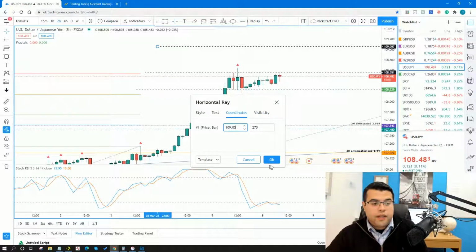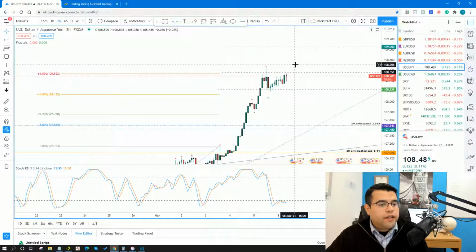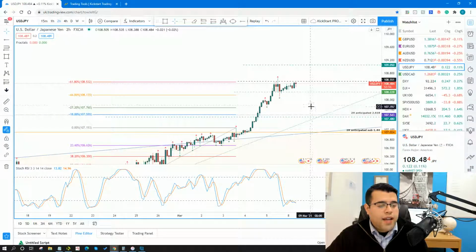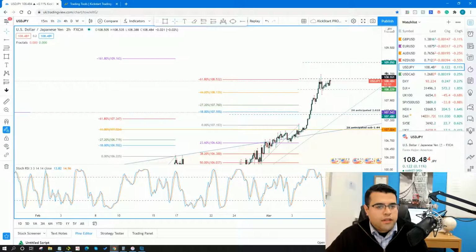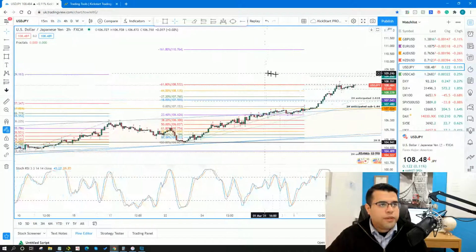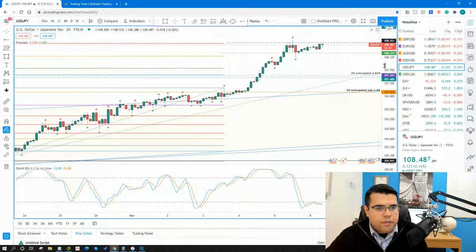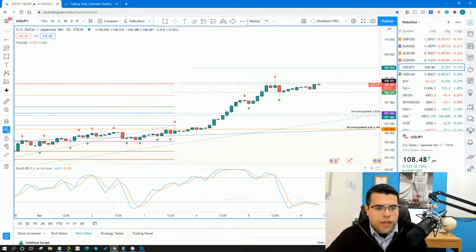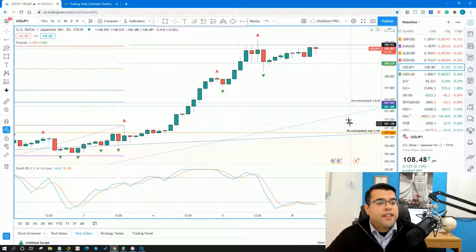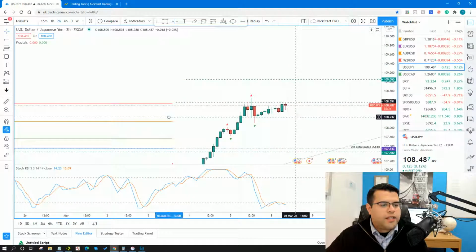And I do think dollar yen is just dying to break 109. I think there's so much buying pressure built up behind this, and the bulls are just dying to break this up to 109, break 109. Will we actually get there? We'll see. All right, but I'm gonna go ahead and set up anyway, just in case we do.